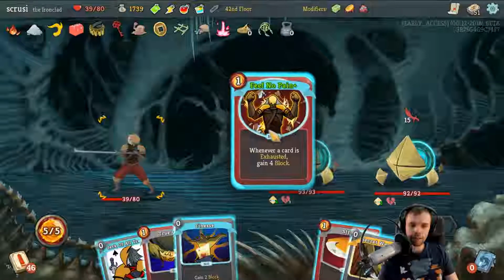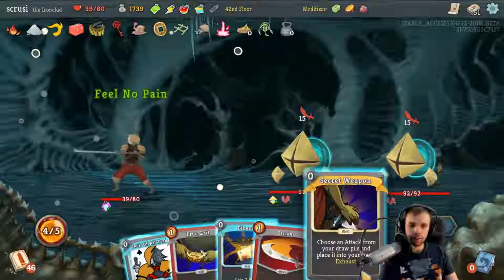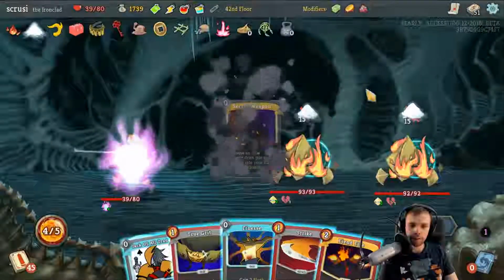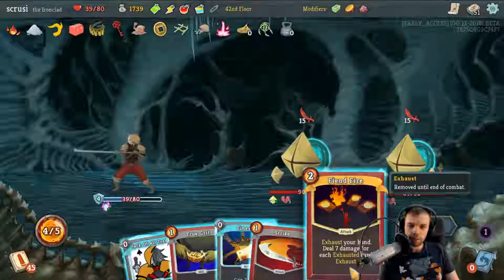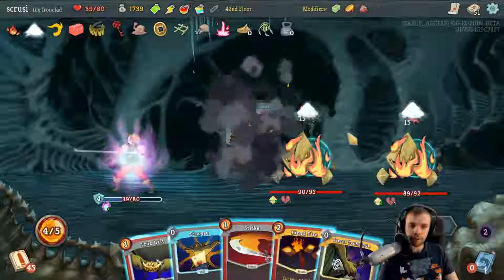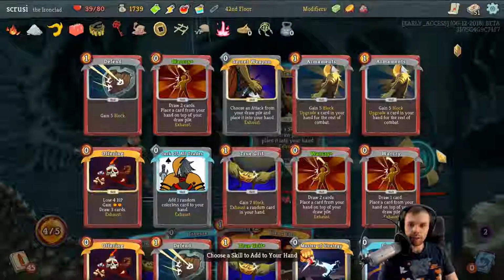I think I still start on the Feel No... Yes, I do. I start on the Feel No Pain. Secret Weapon for the Fiend Fire. This now gives me 20 extra block, so 24. That's not quite enough yet. Ooh, I can Secret Technique. That helps a lot. And grab...